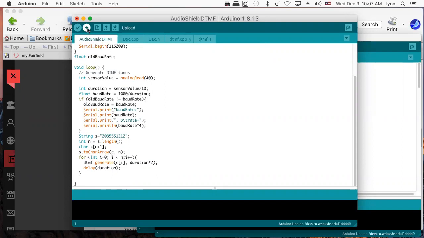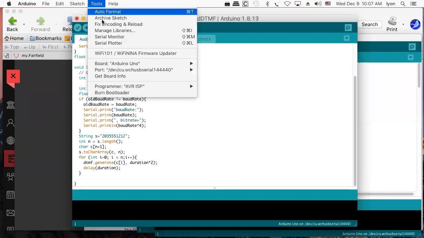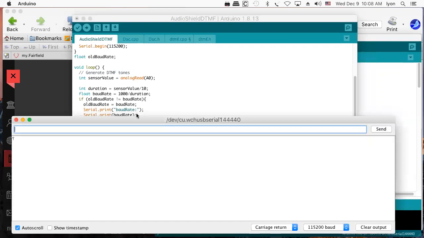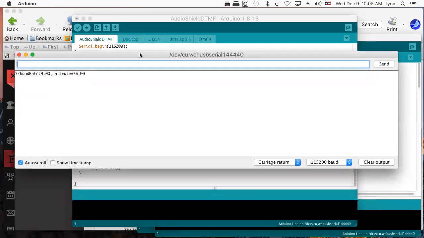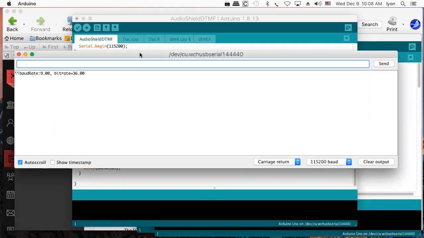let's see if we can get this to work. Actually, you know what? I think it's running now. Serial monitor. And there it is. It's running now. And we can crank the volume a little bit so we can hear it. So that's 9 symbols per second with 4 bits per symbol,